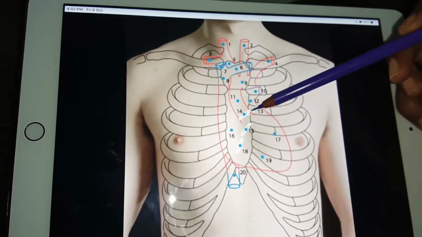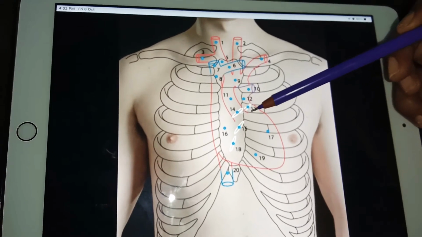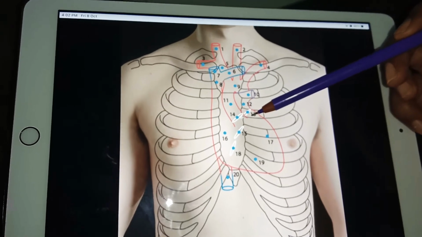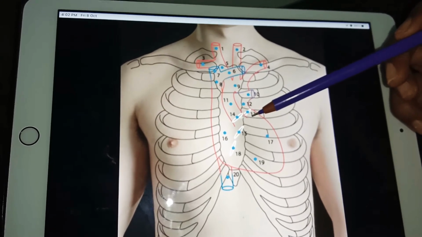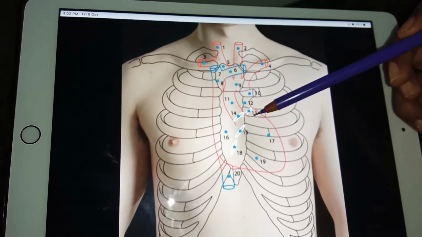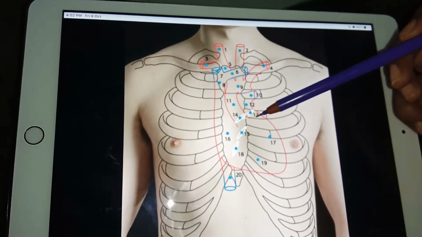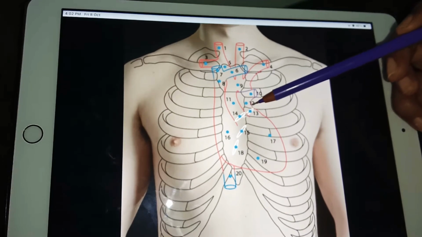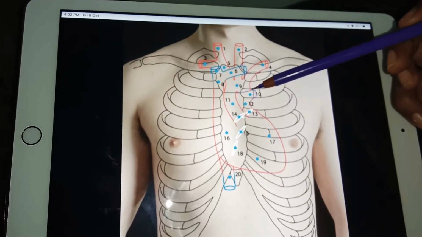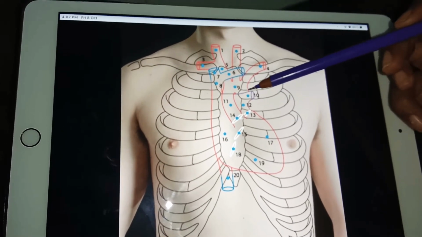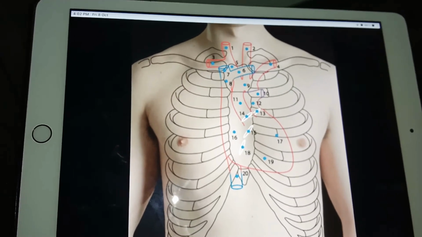So like here, exactly at this part. And mark the pulmonary trunk by 2 parallel lines apart from the pulmonary orifice upwards to the left second costal cartilage. So from here it will move to the left second costal cartilage. You can see here clearly the left second costal cartilage.